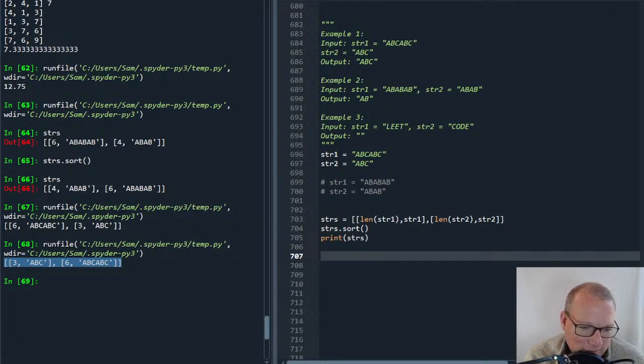Greatest common denominator, where you find the min of the two, and then greatest common denominator, and then I decrement one. Oh yeah, while